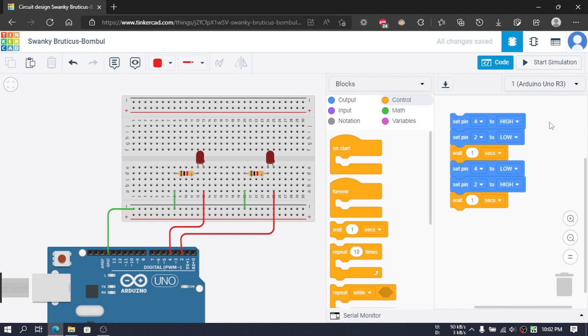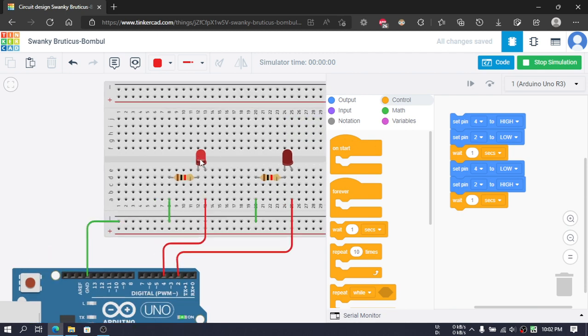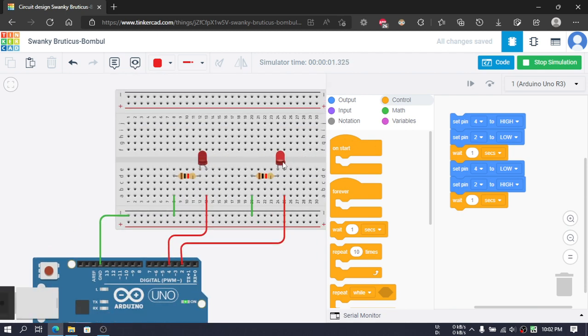So let's click on this simulation and see that this LED turns on, and then after a second this one turns on, then after a second this one. So after this, if we want to export this to our Arduino, we can either download it